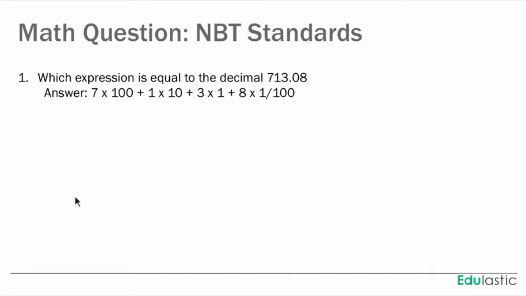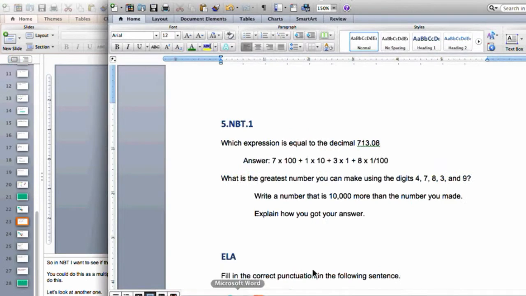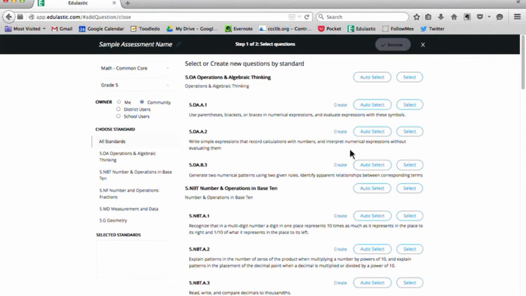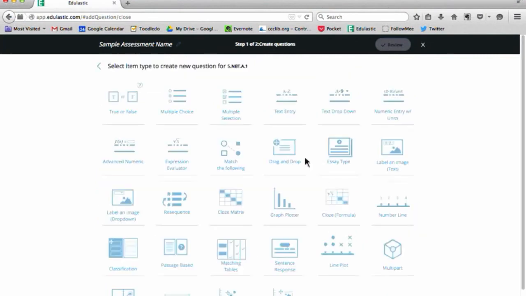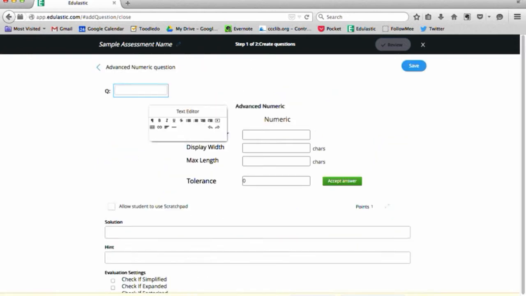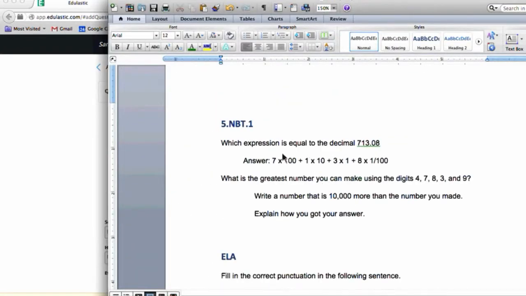So my first question is, which expression is equal to the decimal 713.08? And here is my answer. So I'm trying to show the place value. One way to do this question is to have a multiple choice question and put different numbers in the boxes. But another way to do it that'll be a little bit more challenging to the student is to do a fill in the blank or a constructed response advanced numeric one. So this is one of the number-based questions. I'm going to do an advanced numeric, and I'm going to say,